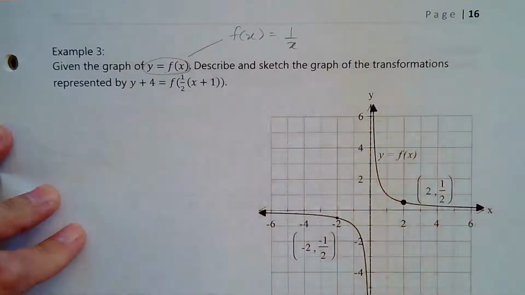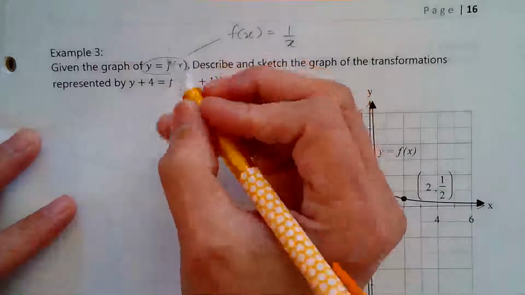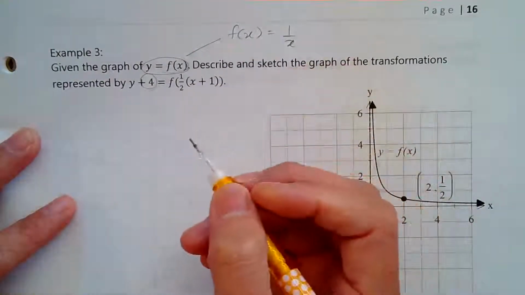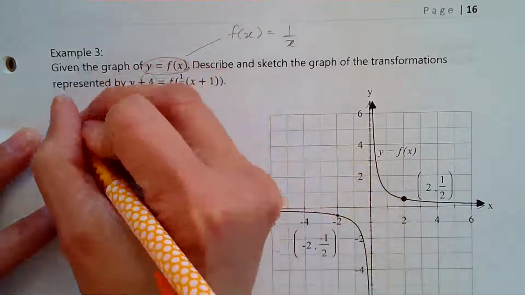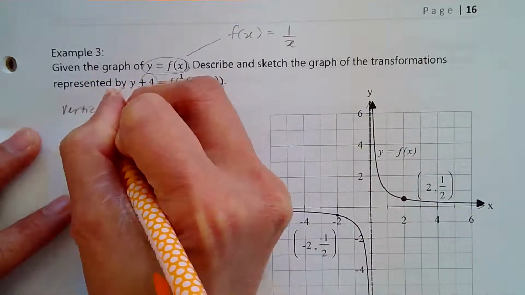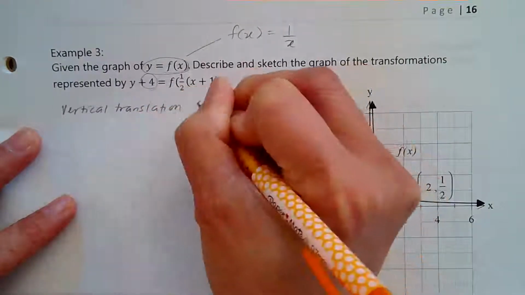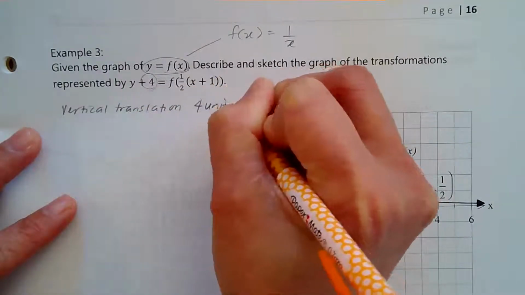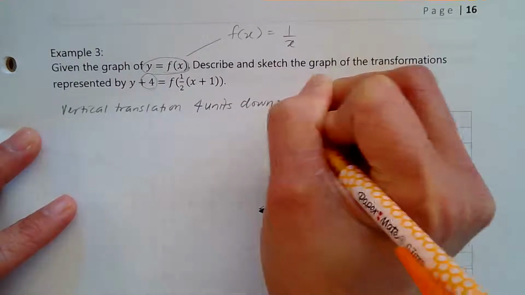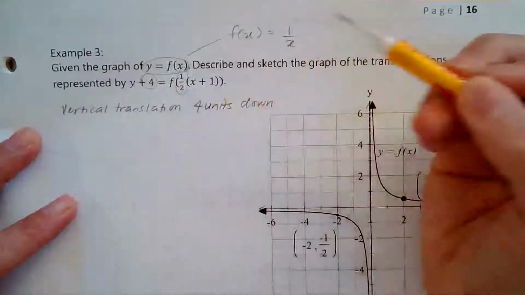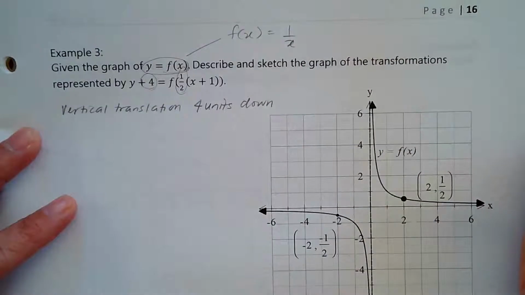Look at the transformation. So what kind of transformation happened here? Start with the 4. Yeah, so this is a vertical translation 4 units down. Okay, good. What happened here? The 1/2? The factor, 1/2, so